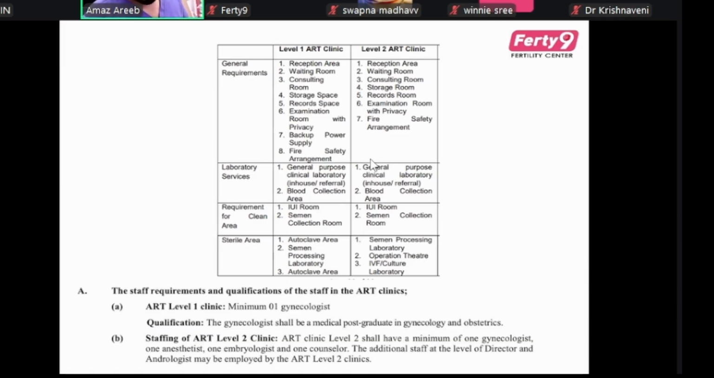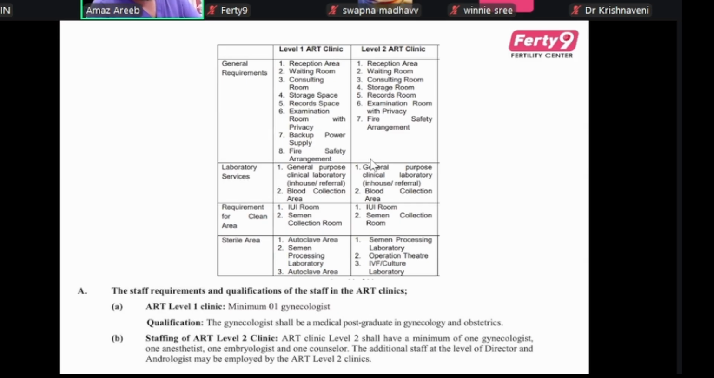And a sterile area for all your autoclaving, CSSD room, processing laboratory and autoclave area. So these are the things that are required as per the new ART law. Apart from the layout and the rooms that are required, you also should have a grievance room where the patient can come and give you any complaint